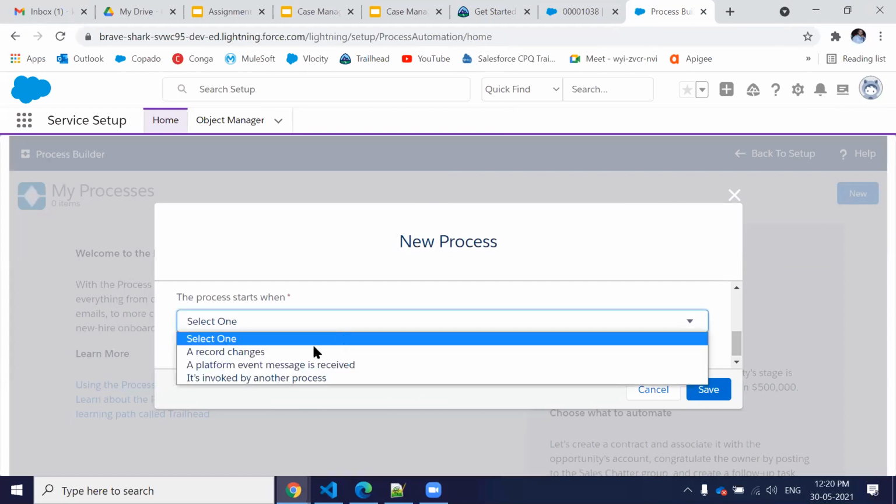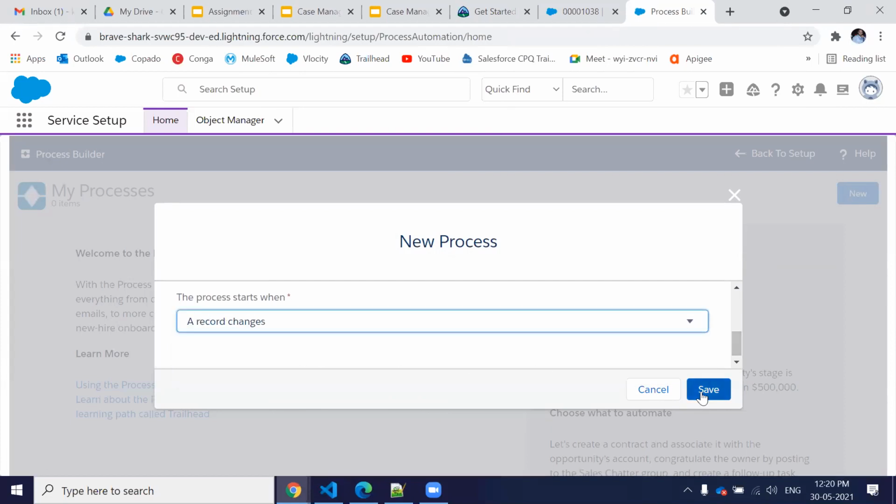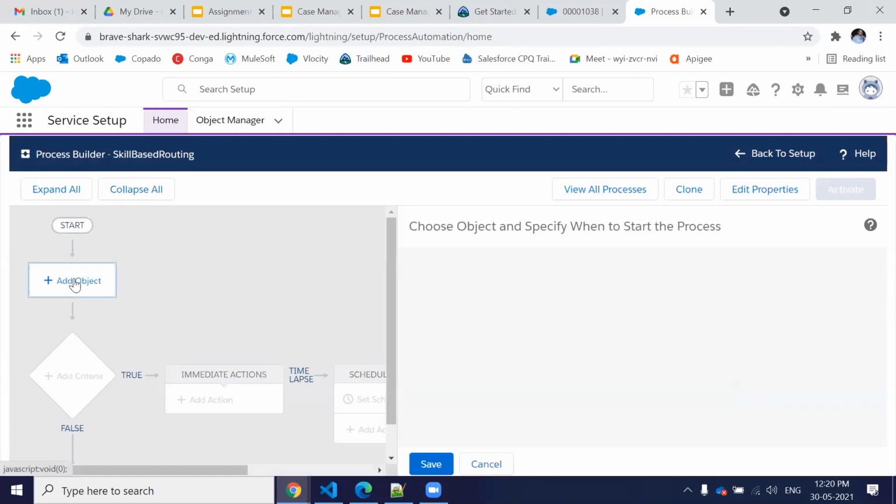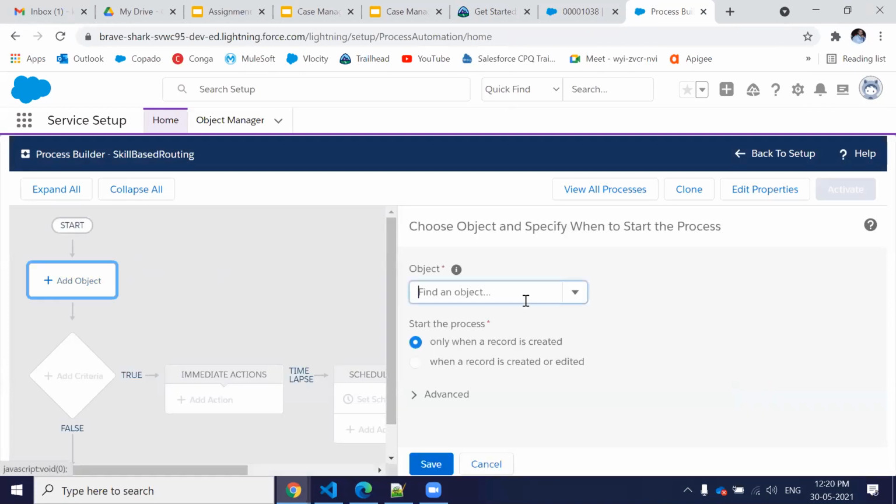You just have to define when your process is invoked. So I have defined it whenever the record is created. I'm going to select a case, only when the record is created. That's what I want. And then just save.